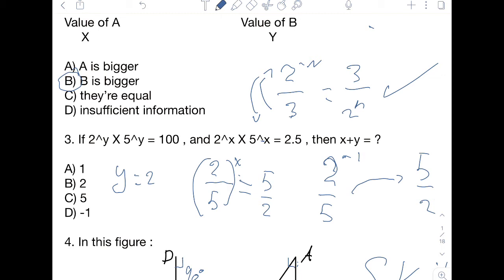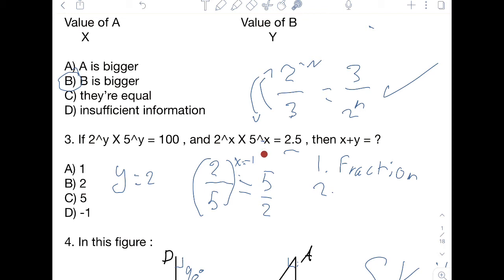I gave a really long explanation just to explain what is going on here, but the steps for this are really easy. Let me take only this part. Again, the first step, turning this into a fraction. Then the second step was turning 5 to the power of negative x into 1 over 5 to the power of x. And then the third step